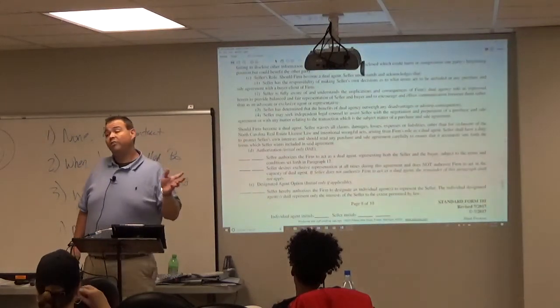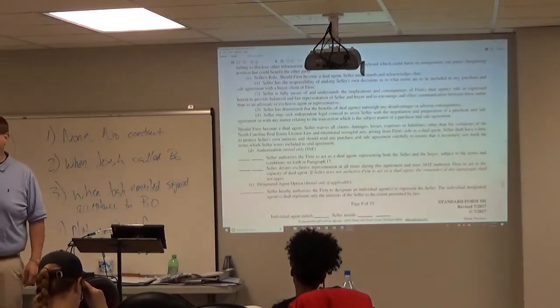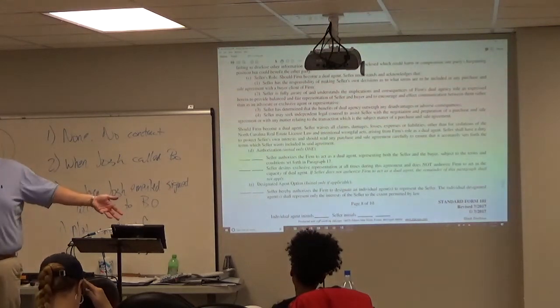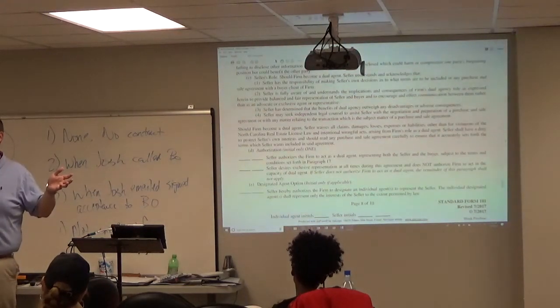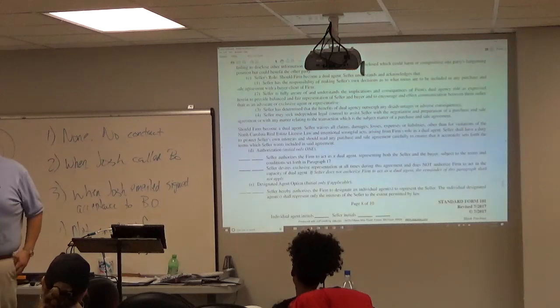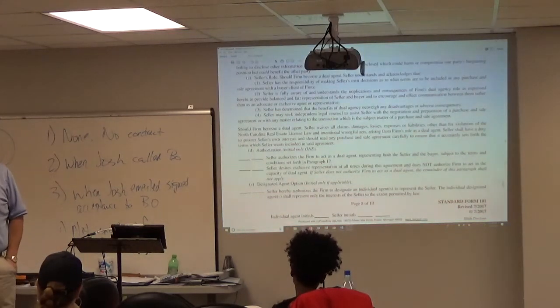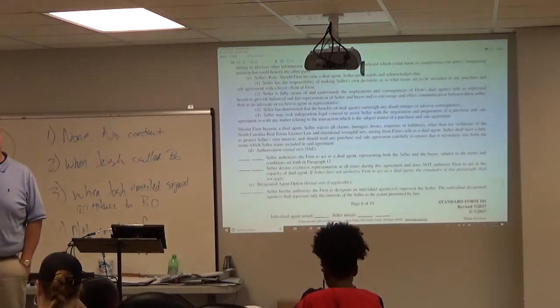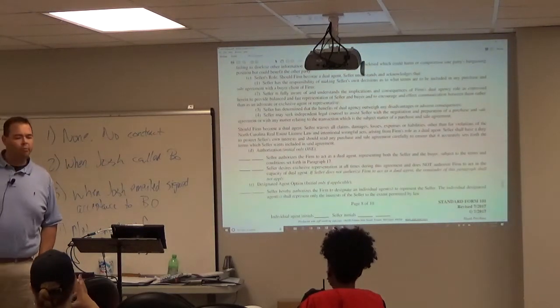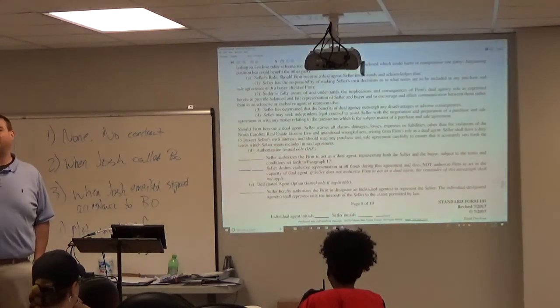Now, I would have to know, of course, that if my firm by some chance had a buyer client that wanted to look at that listing, would we have to come back and change this? Yes. Yes, but the odds are astronomical of that. If you are affiliated with a firm that has 100 brokers, are you going to need to have a conversation about dual agency? Yes, because it is a very high likelihood that dual agency is going to come up in that case. Does that make sense? So you guys will have to make a judgment call about where the cutoff is for you and whether or not it makes sense to have this discussion.